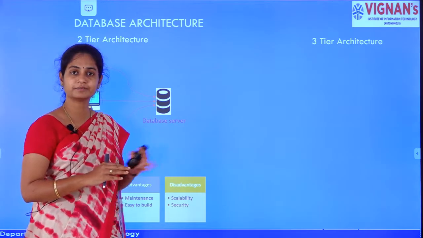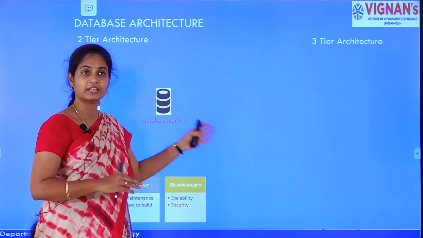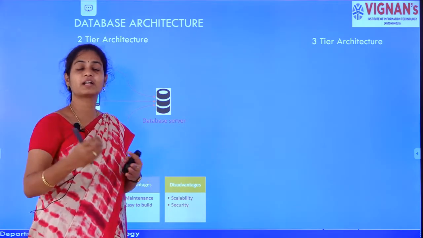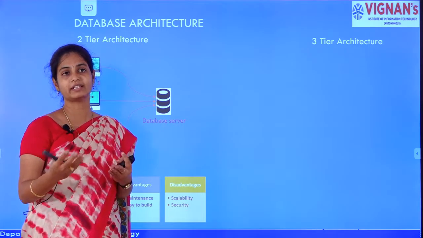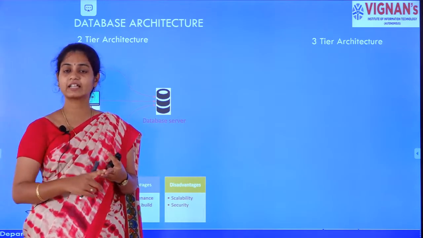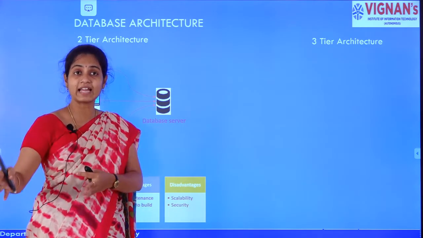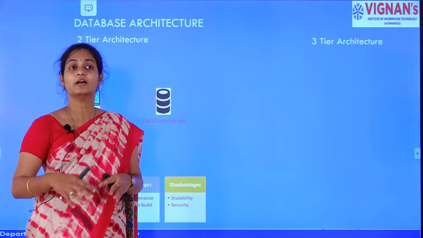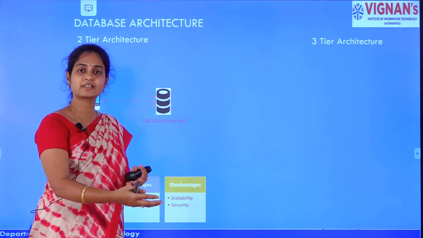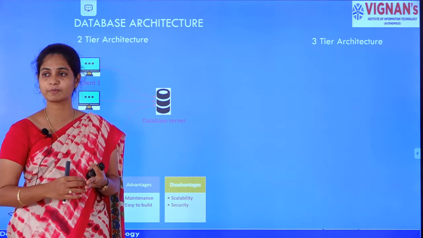So, 1 lakh will be credited, but the amount actually given is only 10,000. So, what will be reflected in the database server? 1 lakh is deposited, but in the actual scenario we have only deposited 10,000 rupees.